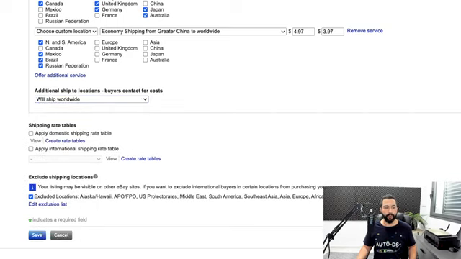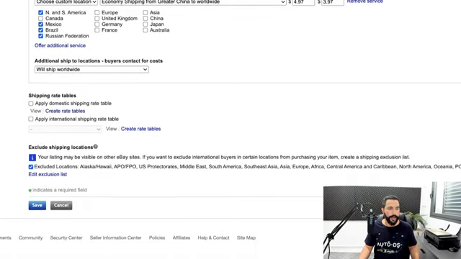it on will ship worldwide. And if any buyer from any country that we didn't specify would like to purchase our product, they can leave us a message on eBay, and then we can check on AliExpress if the seller can ship there and what the costs are, and revert back to the buyer and make those extra sales. So we're gonna leave this on will ship worldwide, buyer contacts for costs, shipping rate tables, we're gonna leave